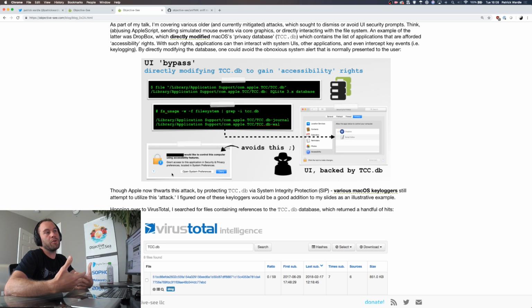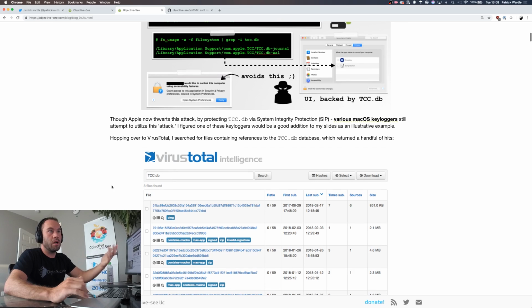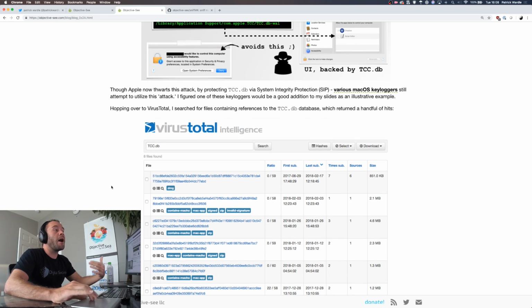Normally, if you just try to enable keylogging, it's going to alert the user, and the user will have to manually add it to the database via the UI. But again, there was this backdoor access where you could just directly interact with this database, not have to go through the UI, and this would allow you to gain the ability to perform keylogging, not as root, without having to alert the user. So I basically hopped on VirusTotal and I searched for tcc.db